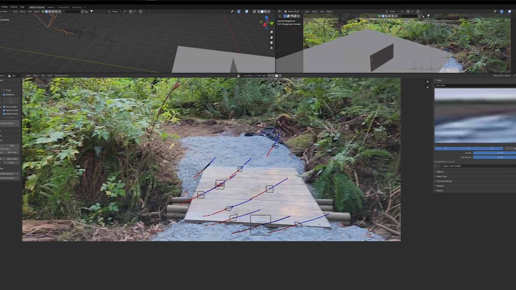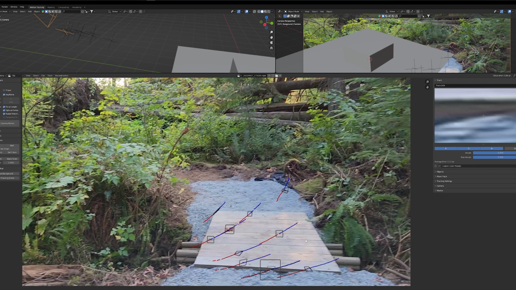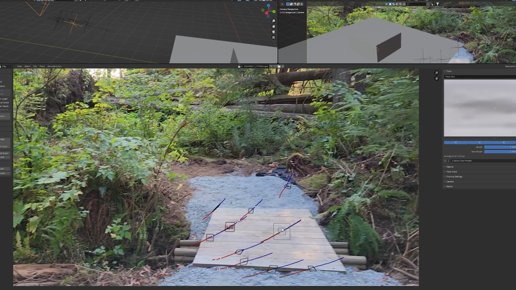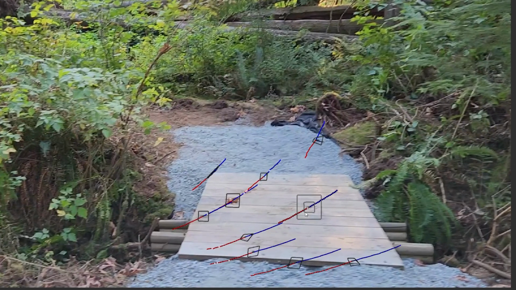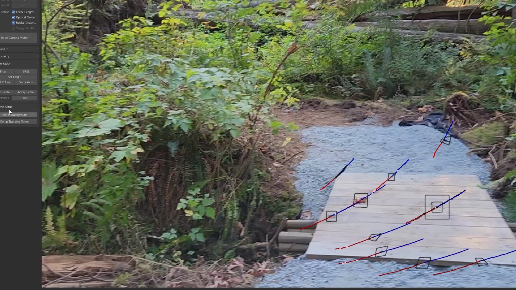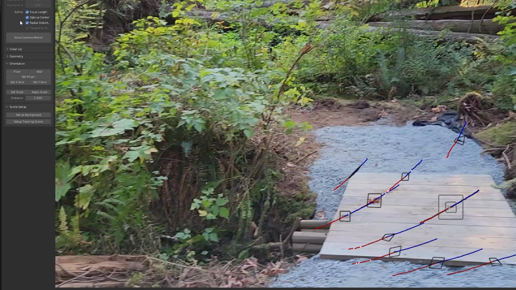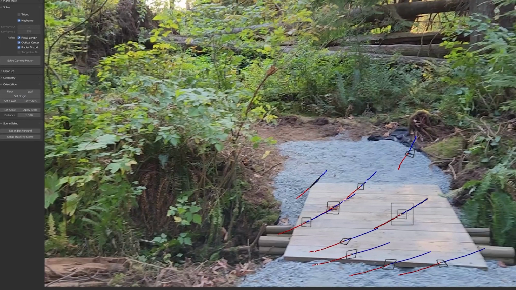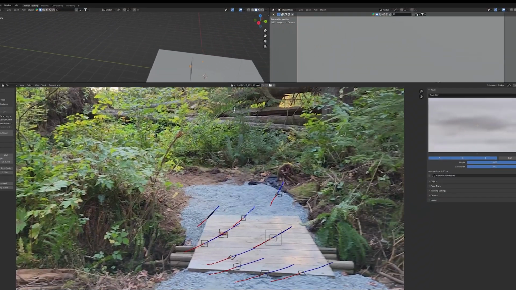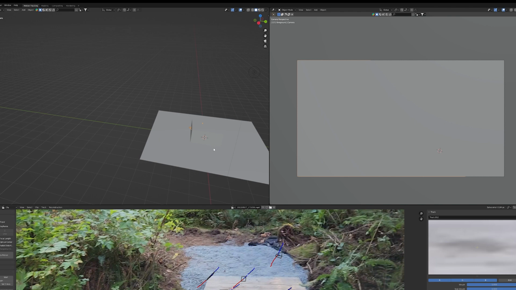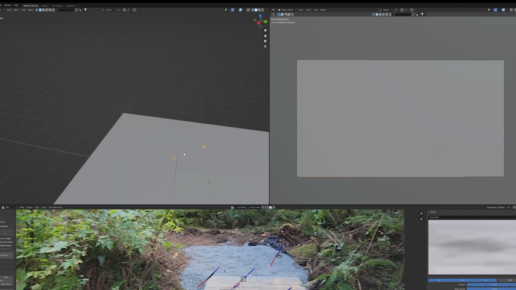So back down into our tracking window here, and we're going to click one of these trackers to be the middle of our scene. And I like this one because I want to put the troll, or whatever we're going to put here, right on this point. So let's go over here to this button, the Solve tab, and hit Set Origin. And already what that does is it moves the camera, and you can see where it's inside of